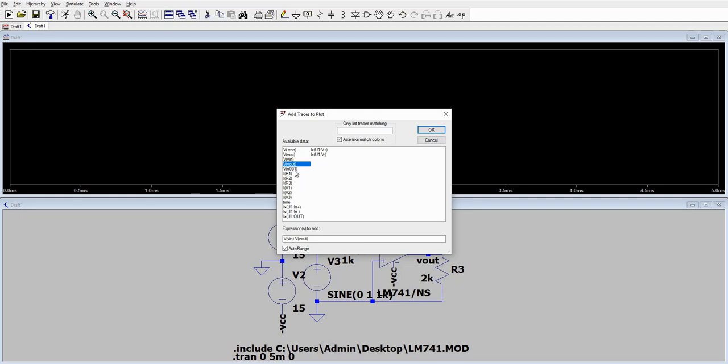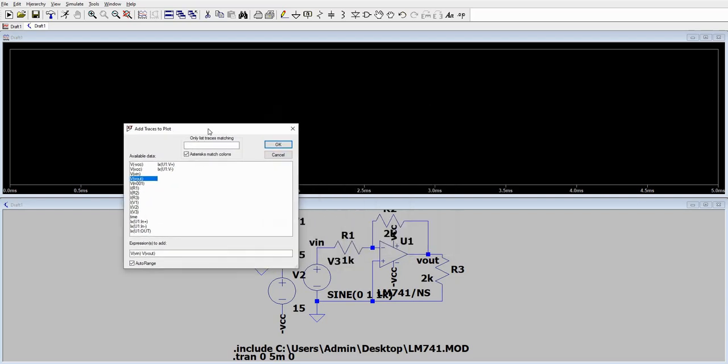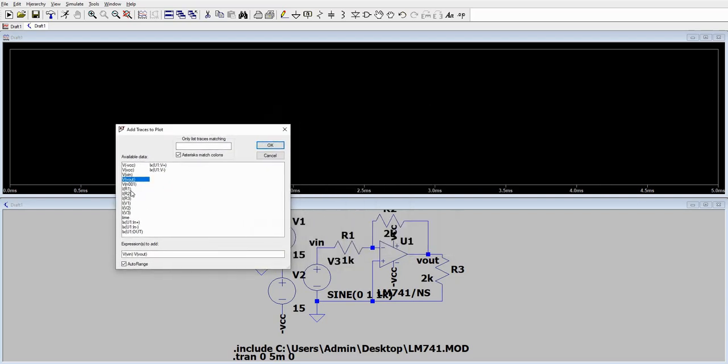Then for the current, let us just remove IR1 and include IR2, IR3, and IX out. IX out is the current that will flow through the output of your op-amp.